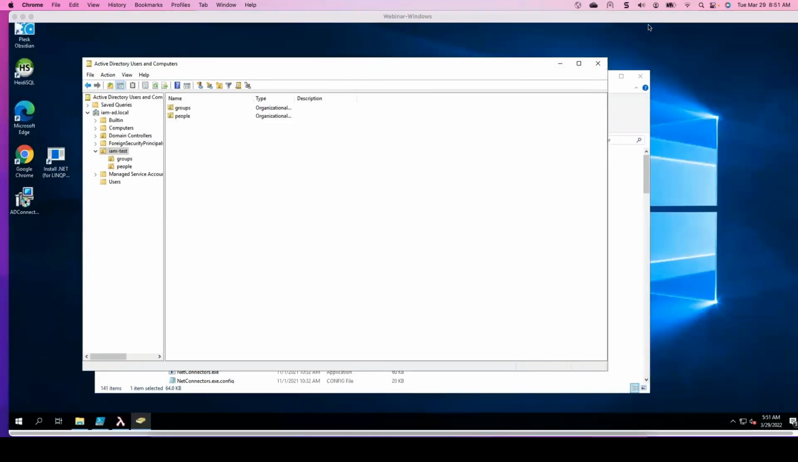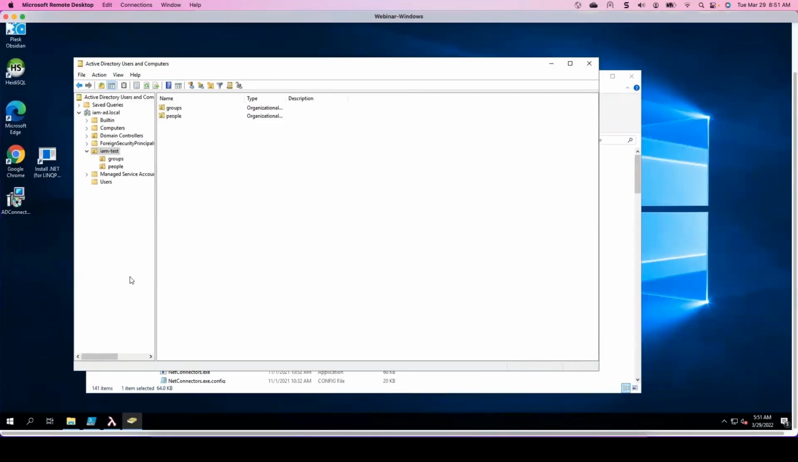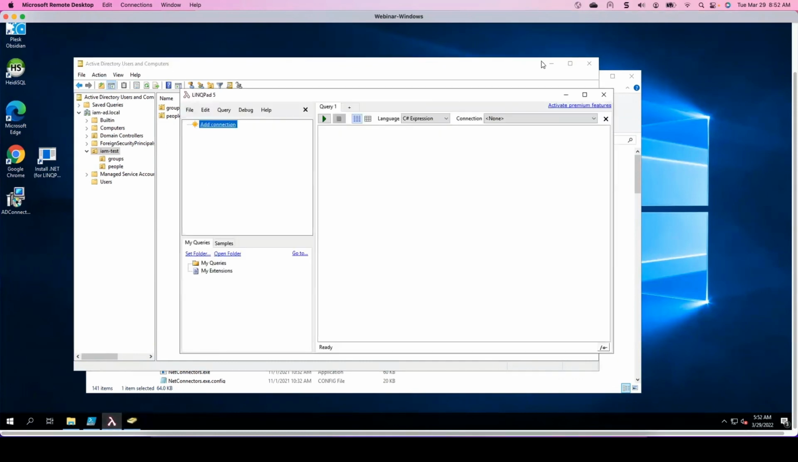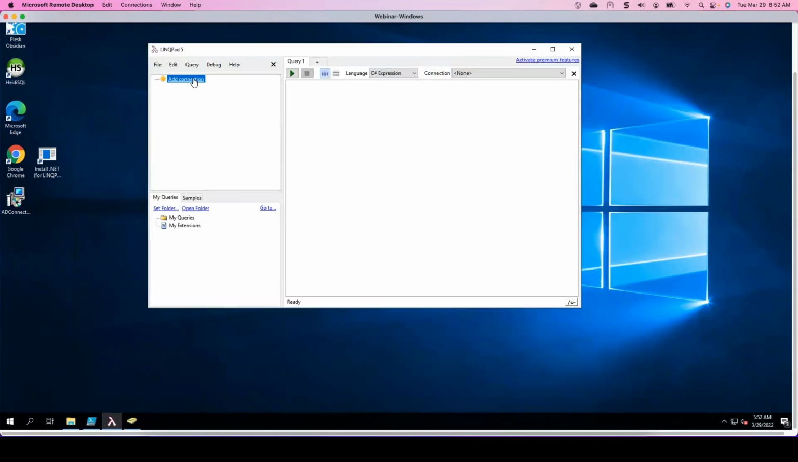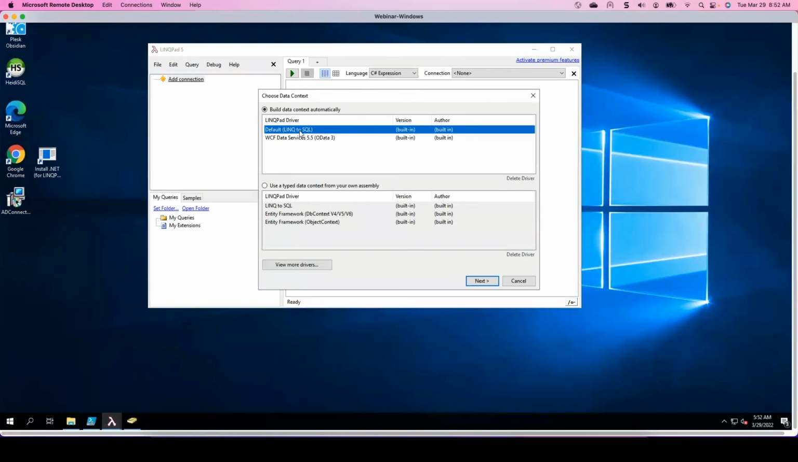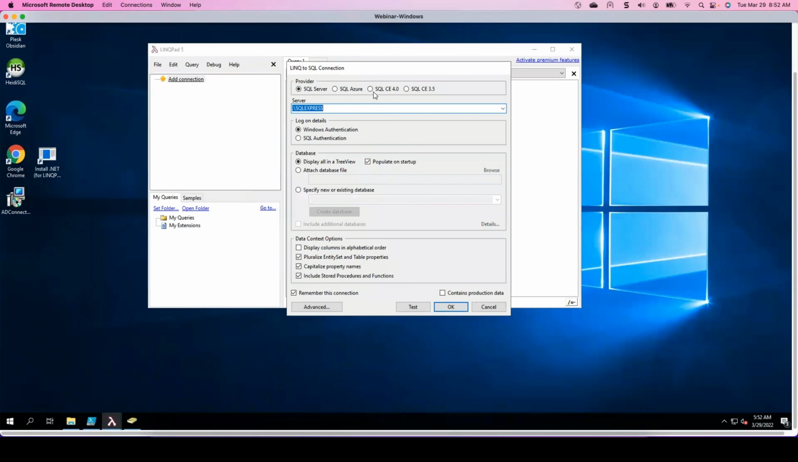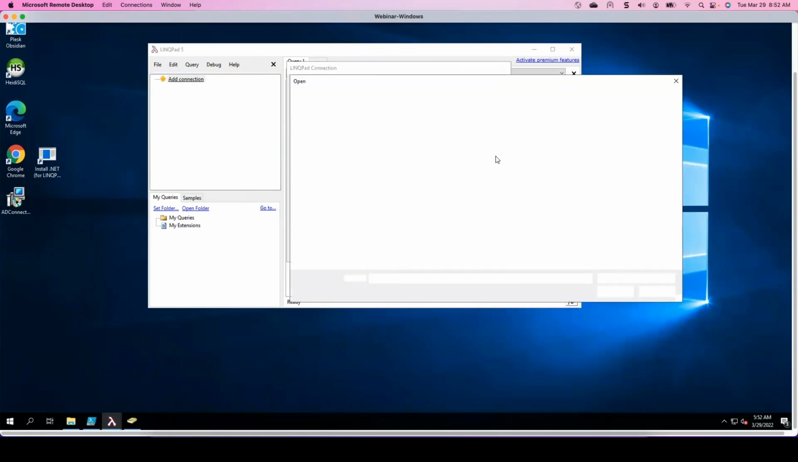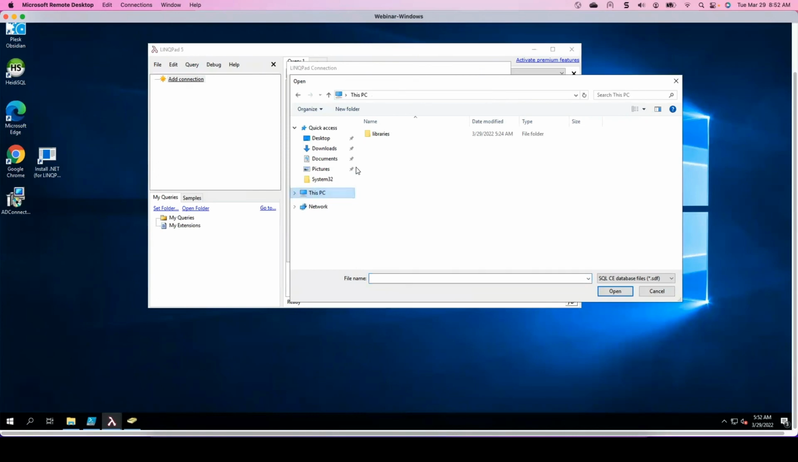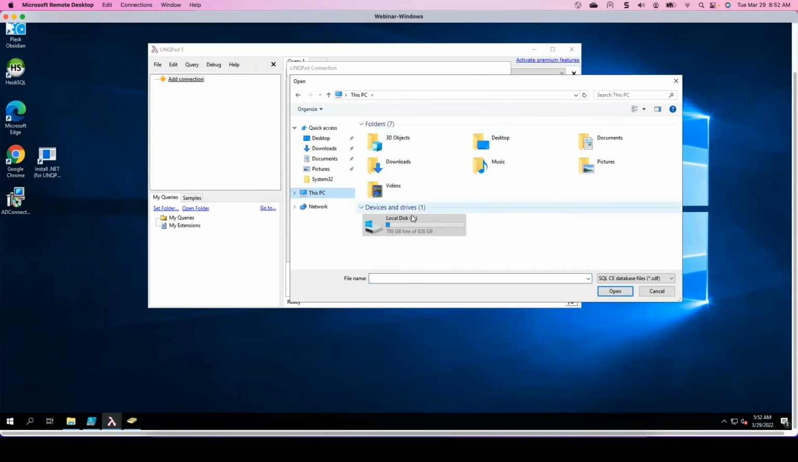So let's go back to our Windows machine. And I said earlier on that you can use LinkPad. So let's bring up LinkPad and let's minimize some of these things. So we can do an add connection. We can use default sync here. And we're going to use SQL 4.0, and we're going to do attach a database. And we're going to browse, and let's go to